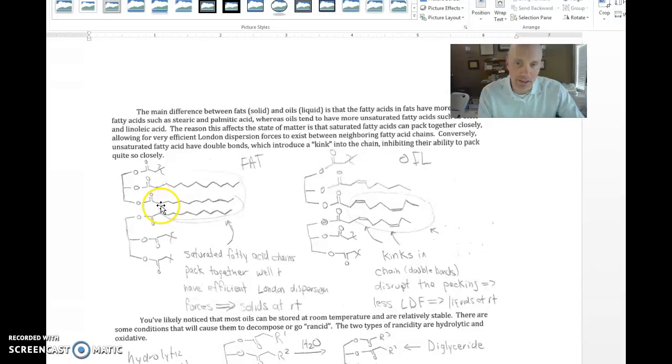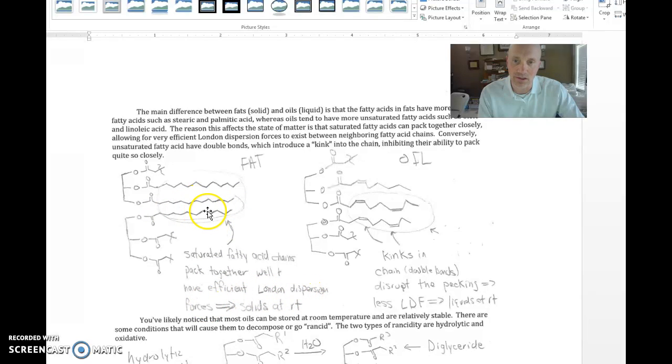what ends up happening is these things can stack together very efficiently. This is one fat molecule right next to its neighbor over here, and you can see that these parts of the molecule, the hydrocarbon chains, can stack next to each other really efficiently,